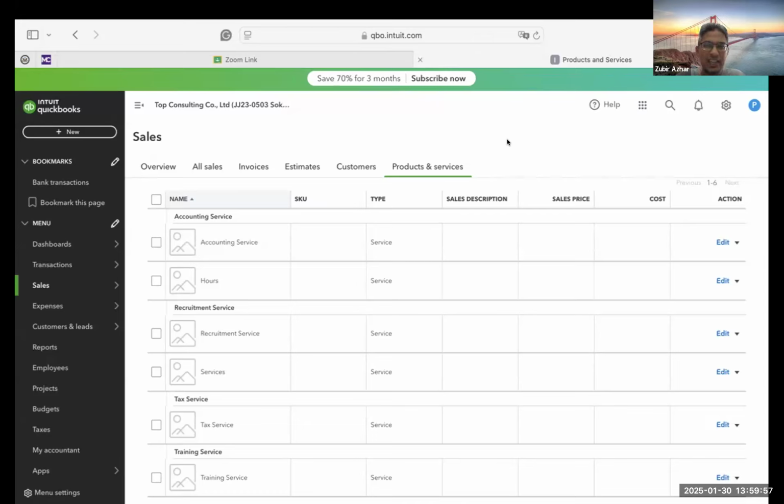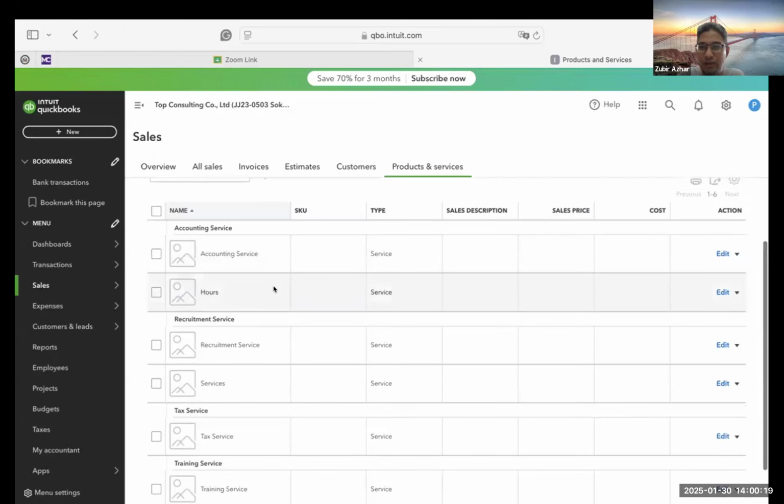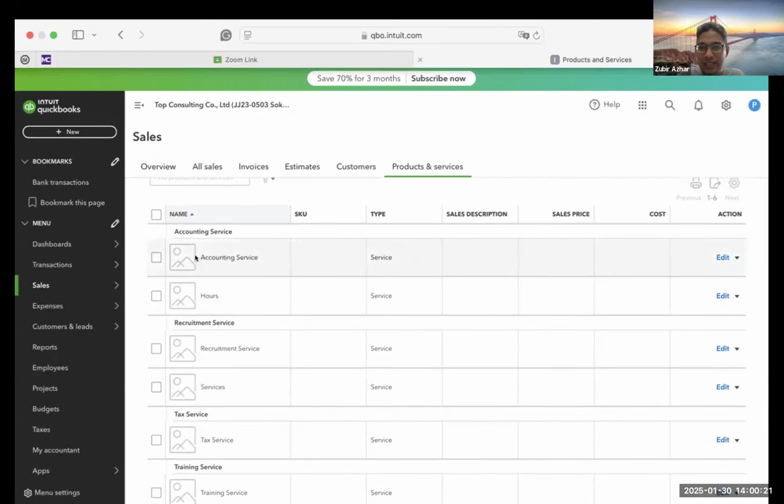All right, just a quick confirmation, Batai. Okay, can I see your accounting service? Click on edit. Just want to see what is inside there. Accounting service, go to the right and you see the edit button.